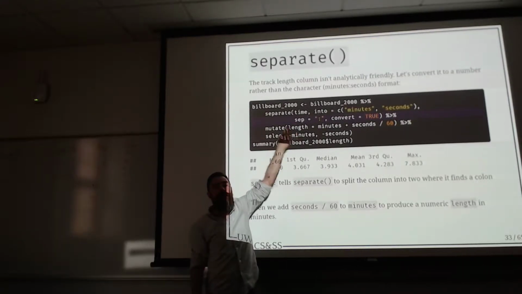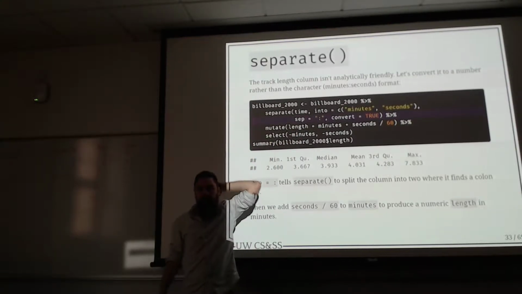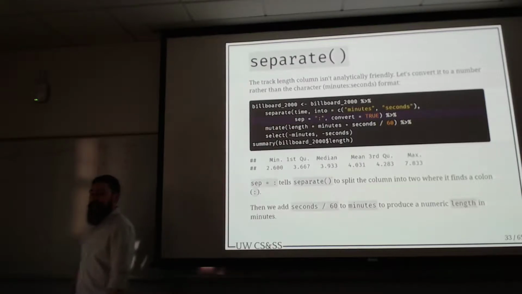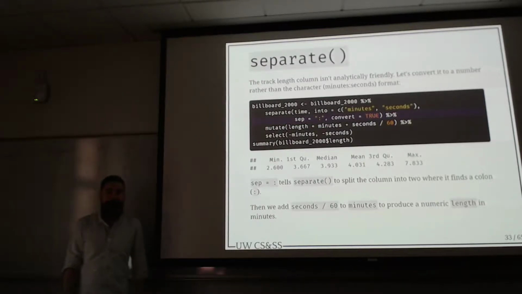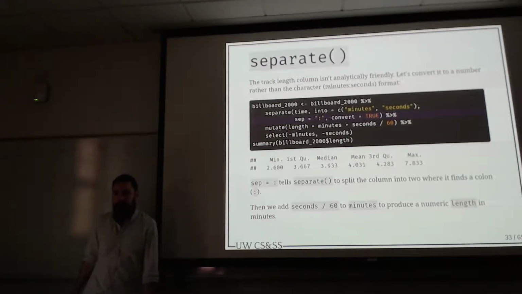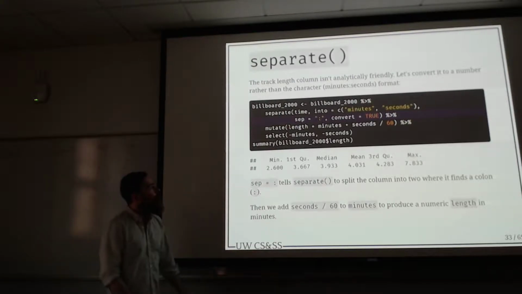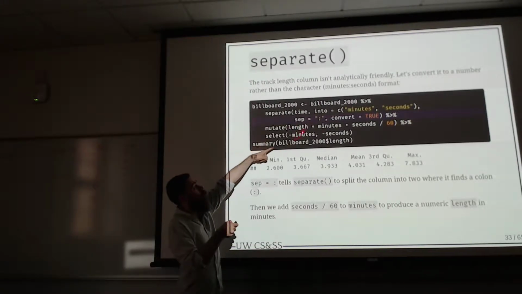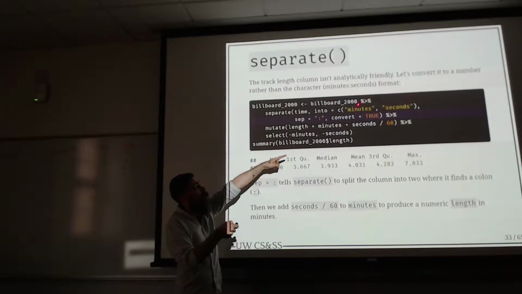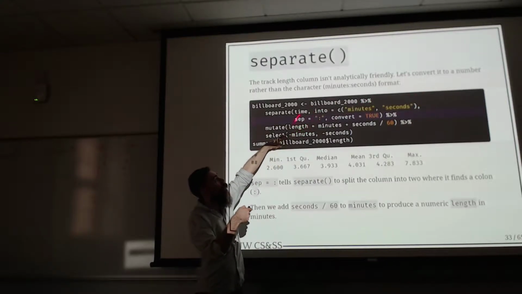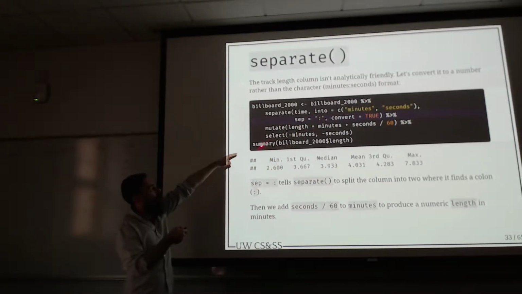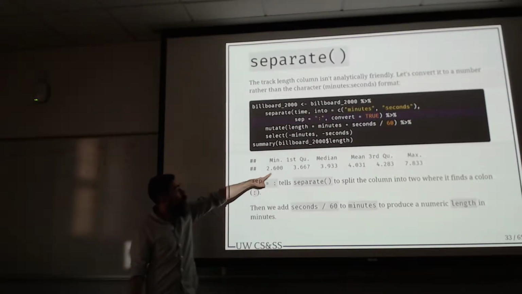Minutes in decimal, right? So something that was 3 minutes and 30 seconds long is now going to be 3.5 minutes long. Humans aren't good at digesting decimal times, but it's more sensible for a computer. Okay? Then I drop the minutes and the seconds columns I created here because I just want the length. Now, if I do summary, Billboard 2000, and length, I can see that the shortest song here